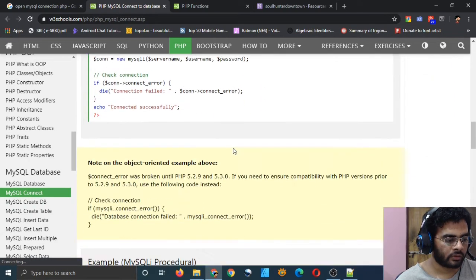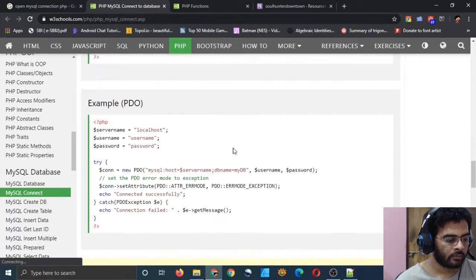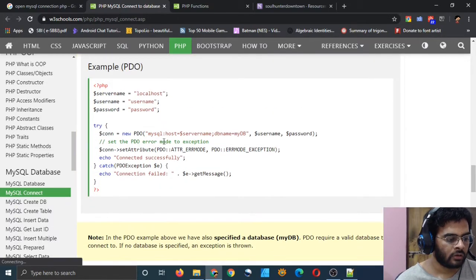Okay, there is PDO. Server name, username, password. We already have it in our config.php file. And this block of code, you can just copy.